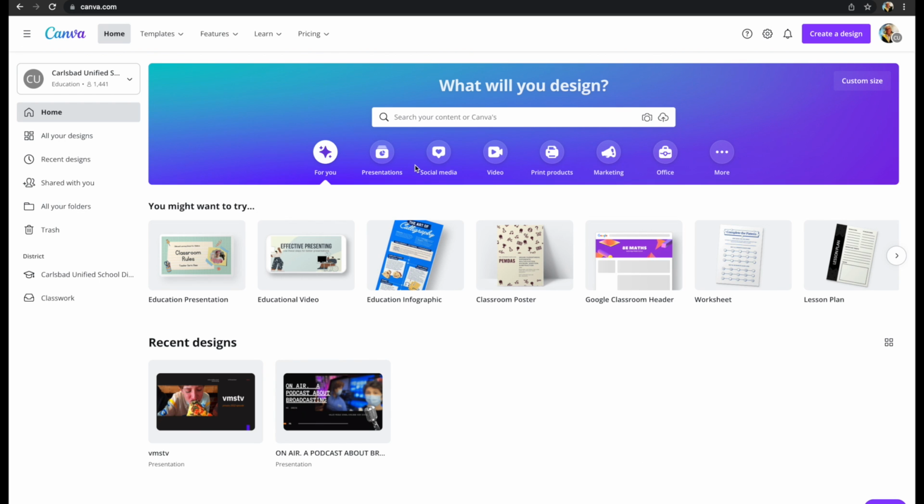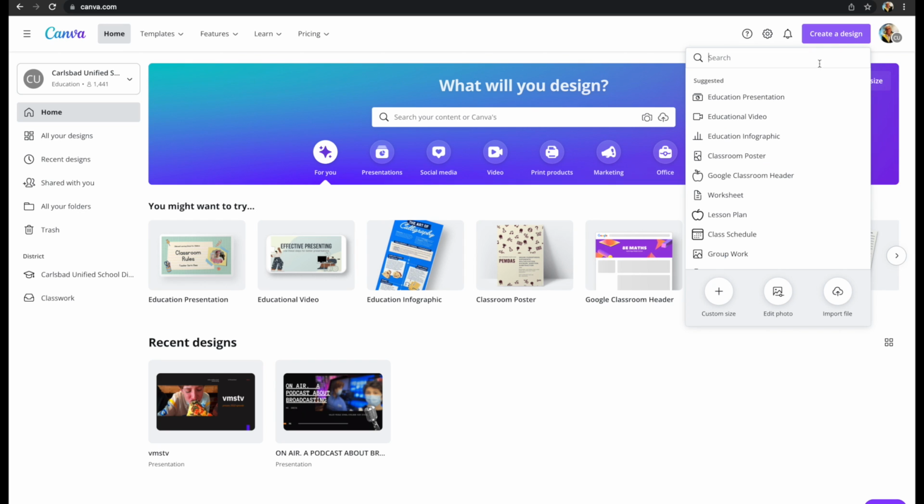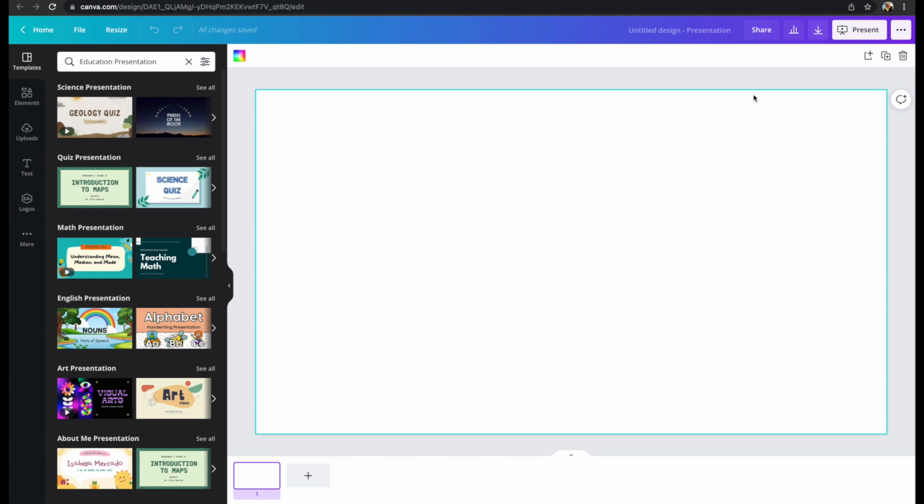Well, we have to create these in a specific size. When you start up here with Create a Design, your first choice happens to be 1920 by 1080. That's the size of a high definition video. So that'll plop into WeVideo or Final Cut and look really nice. And then you're going to start building your